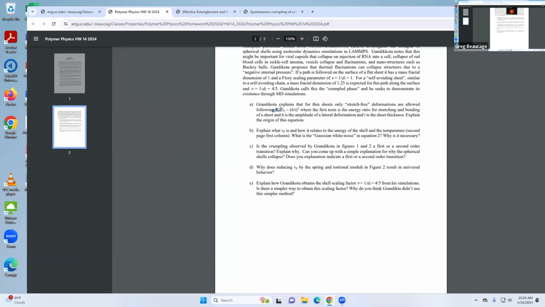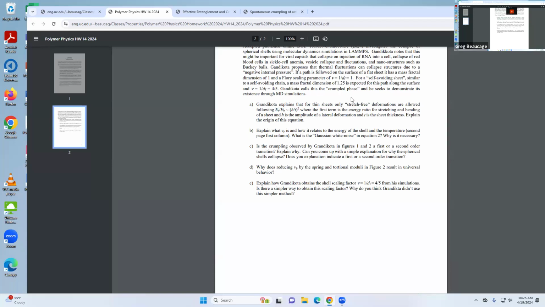So the energy ratio is also the square. This is just a spring constant thing. In other words, the energy for a spring constant is going to be the distance squared. And so you take the derivative of that, you get the thing times a modulus times a spring constant. So this is just a normal spring equation, except that